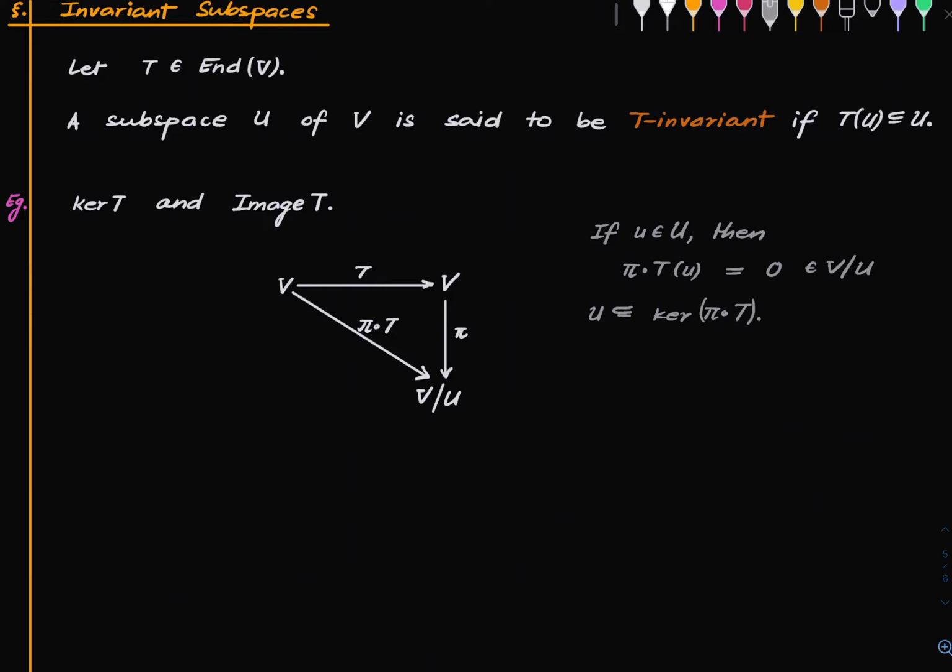Okay, and now by what we just learned, the map pi composed with T therefore factors through V mod U to give another map, which we may denote by whatever, I will call it T bar. This may look like an abuse of notation, but that's okay. I will call it T bar in this context. And what is the description of T bar? Well, you start with a vector V, you map it to